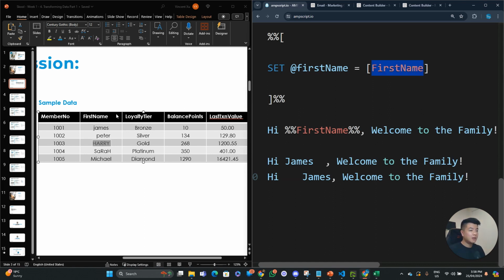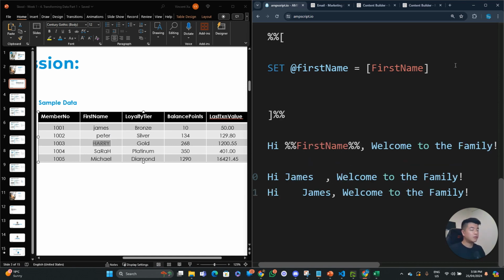And again, it's always good to copy and paste this, especially from the actual data extension field name here. For demonstrating purposes, I just typed it here, but you guys get the point. So once we've retrieved the first name field from the sending data extension, now we want to create a new variable to be the result of our function that we want to perform, right? So I'm going to create a new variable here, and again, you can call it whatever you want. I'm going to call it first name trim